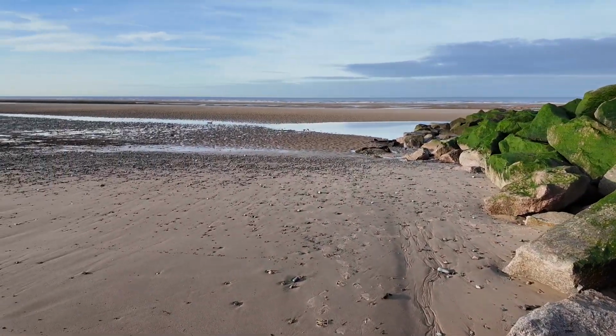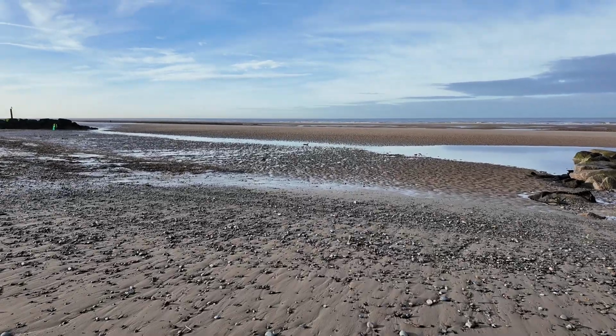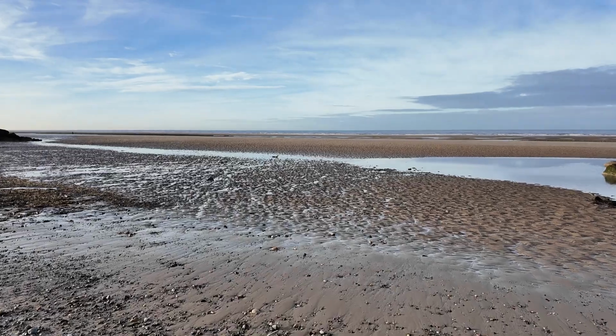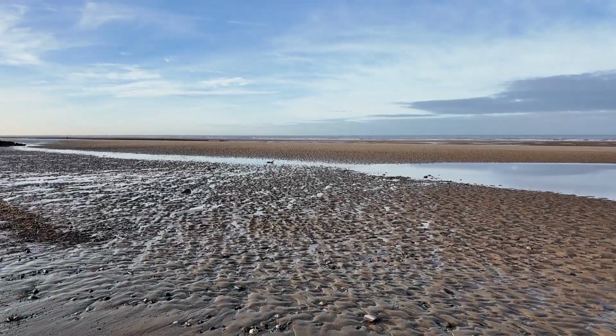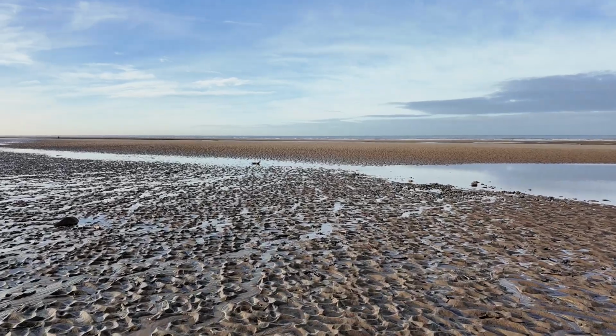Right, we're going that way. Next, we're going to go and have a look at the honeycomb worm reef. I think we'll go and have a look at this one that's just at the end of this groin, because it's nearer. And I always have kittens about coming out on the beach,